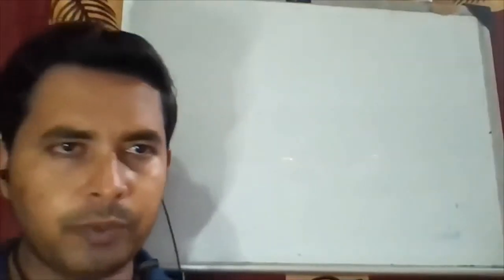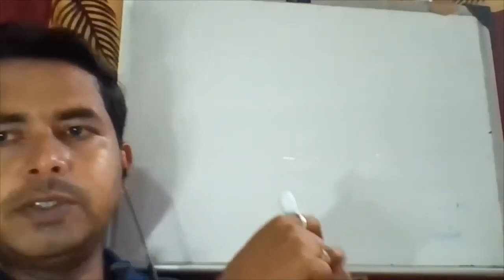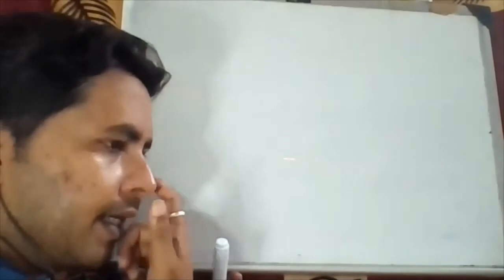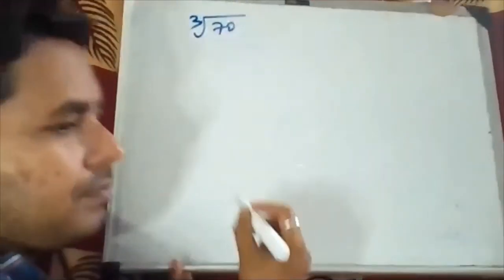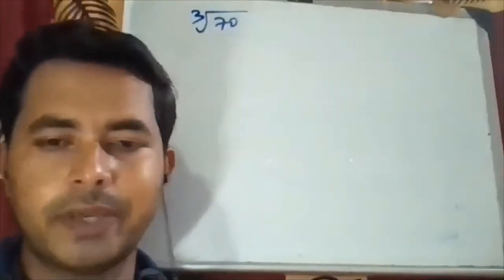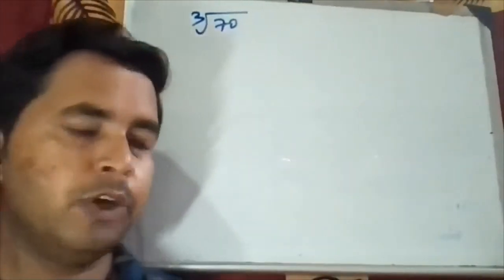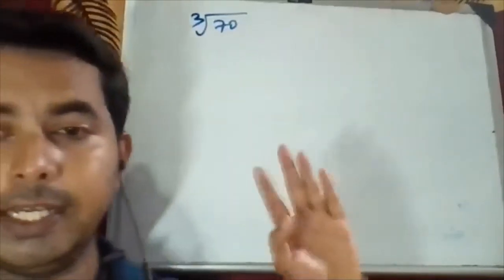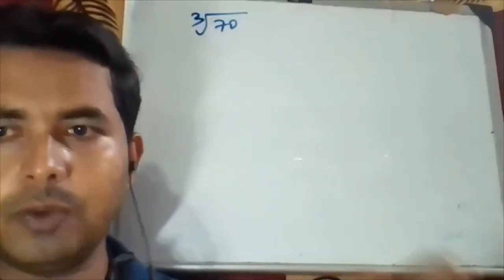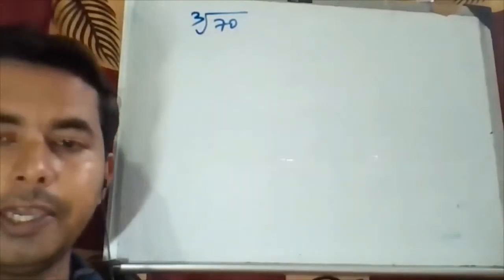Now cube root value. Okay, cube root का value check करेंगे. What will be the cube root value of imperfect cubes or a non-perfect cube? I'll just take an example. Cube root of 70. So here is a cube root of 70. Same method. There we were checking nearest to the square value. Now what you do? Check nearest to the cube value.